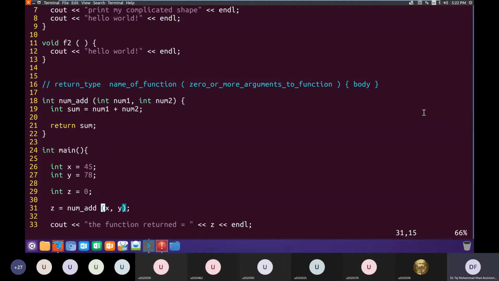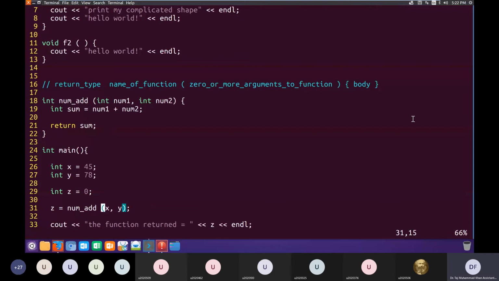Okay, so I hope I answered this question, from where num1 and num2 will get their values. Whenever we call this function, we could pass different information. Every time we call this function, we could pass it different numbers. So these numbers will be stored in num1 and num2 every time we call this function.